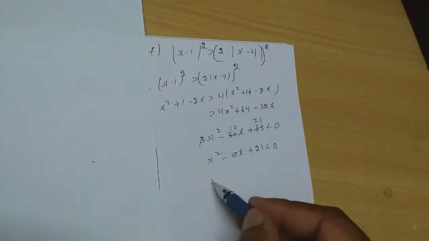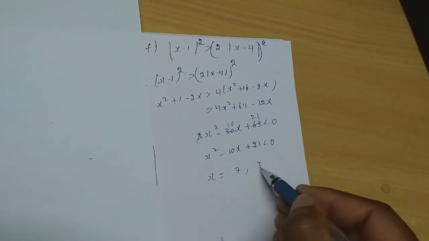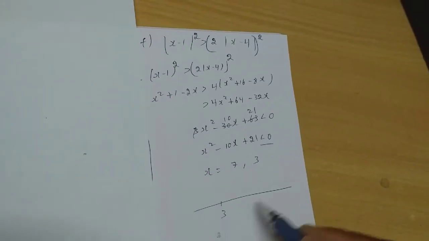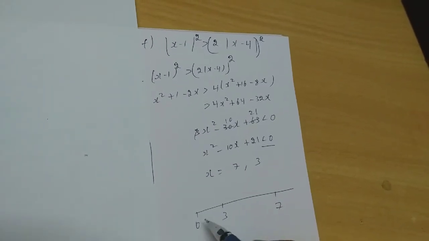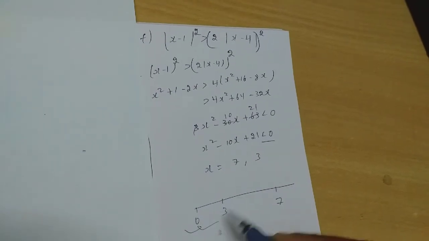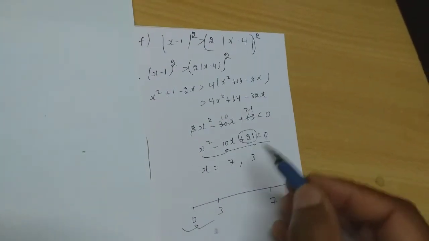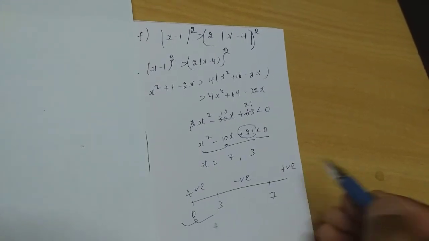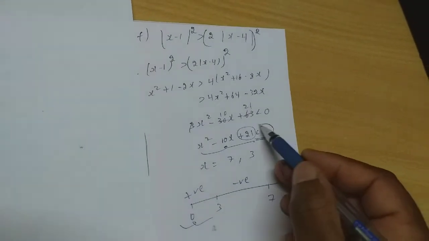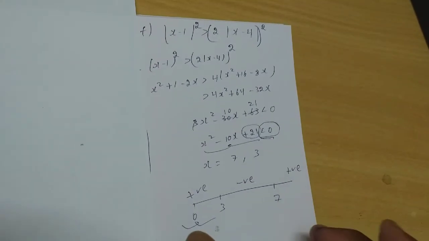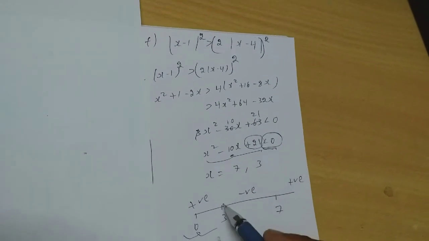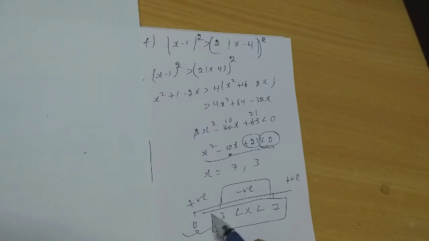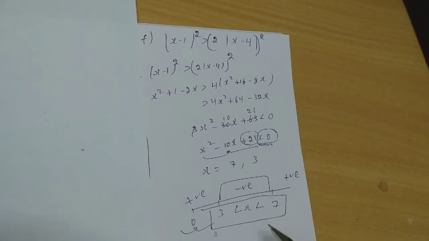So when I factorize, the values of my x are 7 and 3. Since it is an inequality, number line again. So here it is 3, here it is 7. I always prefer 0 to consider. So if I place 0 in this, I get a positive result. That means in between them it's negative and over here it's positive. The entire expression should be less than 0, meaning negative. On the number line, where is it negative? It's negative in this part. So that part is my answer. Are we clear with the modulus lesson?